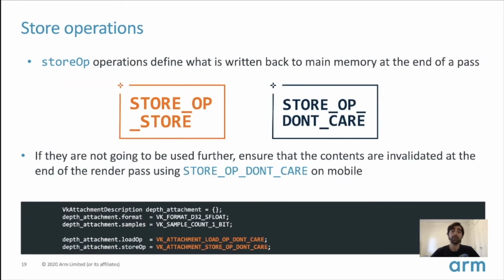So we can optimize this, and by specifying load op clear or load op don't care, we are avoiding having to read the previous contents of the frame buffer to the GPU. Similarly, for store operations, usually by store we mean writing to main memory, and this is also something that we want to avoid as much as possible. For attachments like color, if we are presenting the final color to the screen, we will need to store it. But for other attachments like depth, once we are done rendering, usually the depth attachment is no longer required. So in this case, we can use store op don't care and avoid writing it out to main memory.